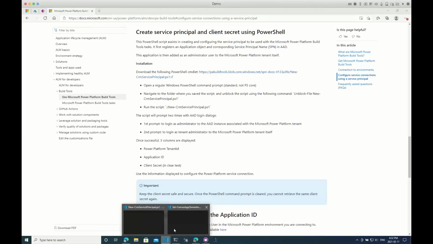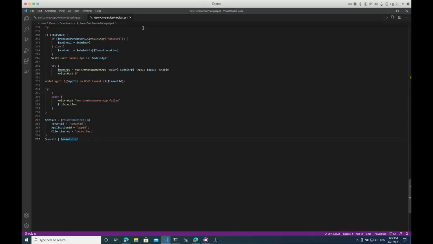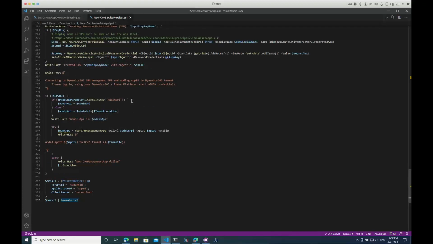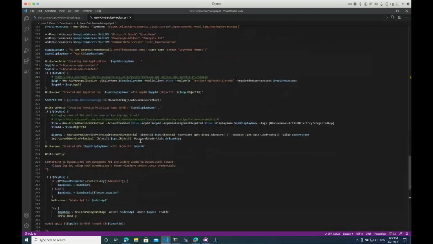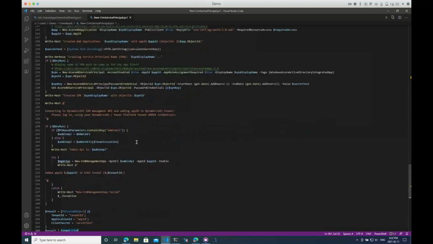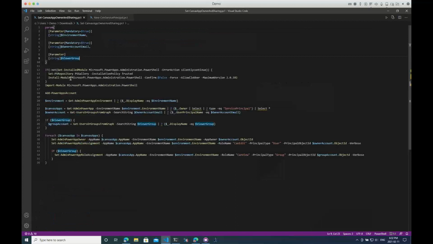So I have the script open, and I've done some modifications to this. Nothing big. If you have trouble with this, the first thing you should realize is there's currently a bug in the Microsoft Power Apps Administration PowerShell module. I would suggest if you're downloading it, make sure you're pinning to the max version of 2.0.102. The latest version, 2.0.108, has a bug in it that causes some pretty significant issues. It basically blocks you, stops you in your tracks,